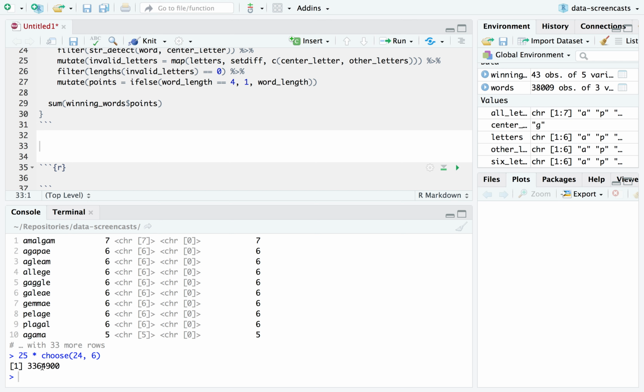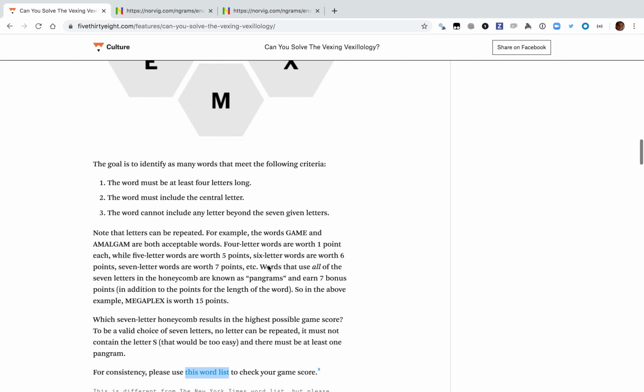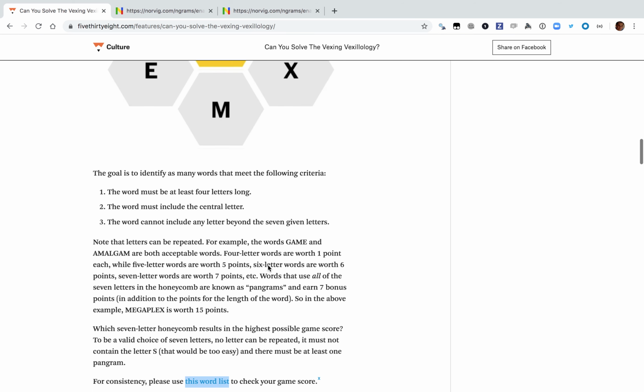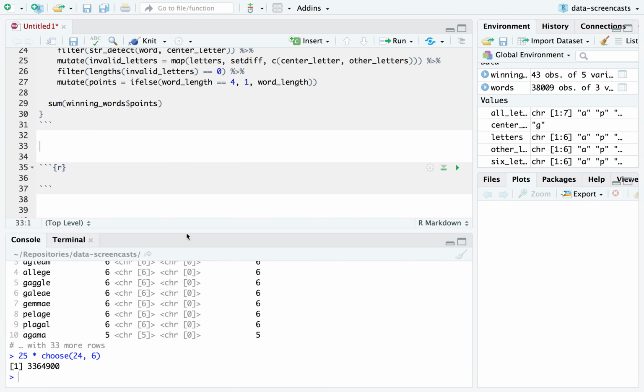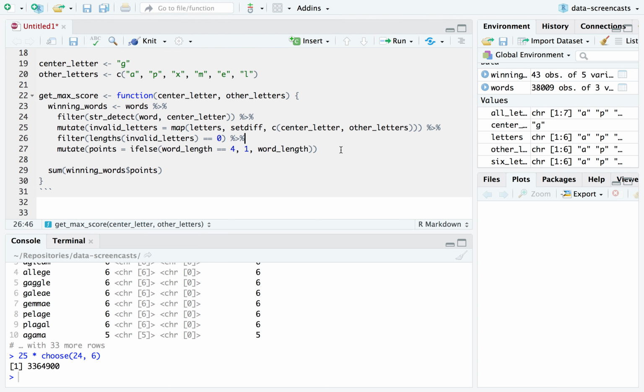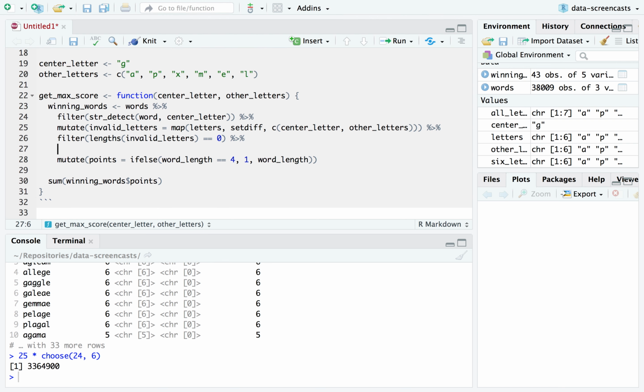That's a lot. I doubt we really need to go that far because the center letter is probably going to be a really common letter. Maybe a vowel, maybe a, let's see. Good. Yeah. Ooh, I missed the 7 bonus points. That's actually pretty important. So I can say, let's see, I need to say something here where I'll mutate